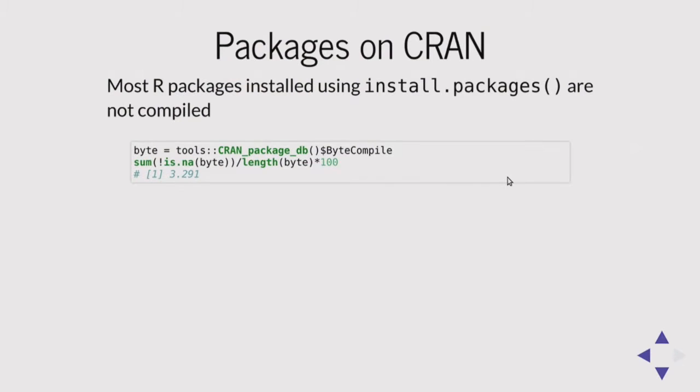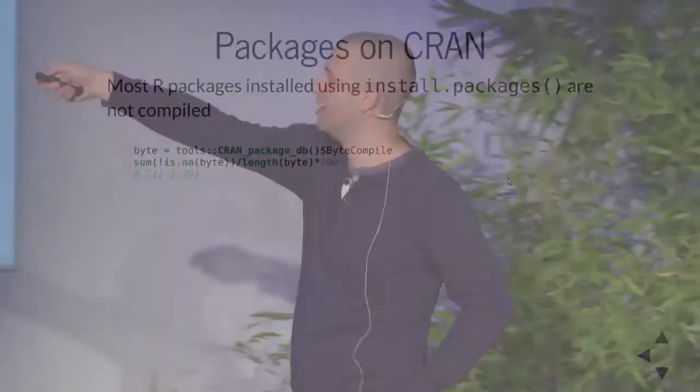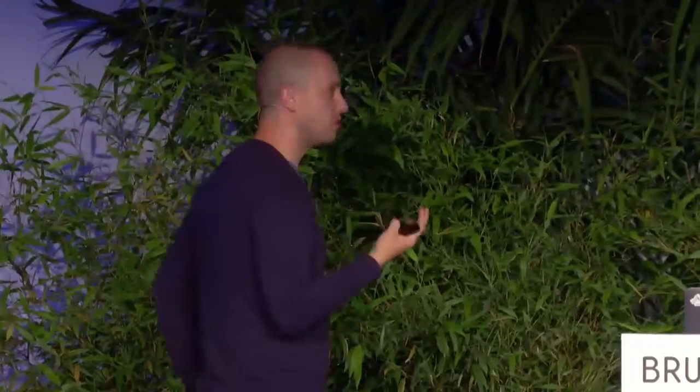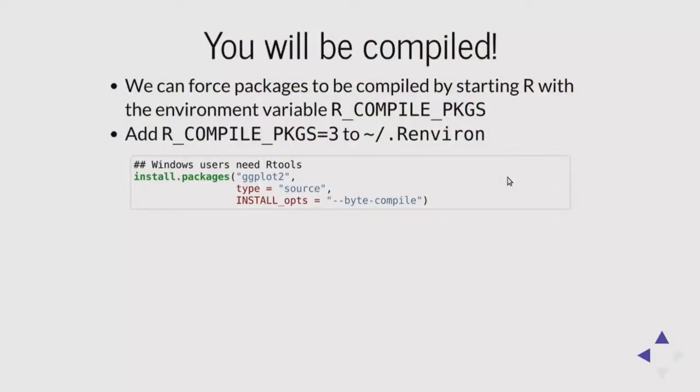If you're a user, this is what I mean. Only around about 3% of our packages are byte compiled. This line of code here is just grabbing the CRAN package database, and then we're grabbing the byte compile flag, and we're working out a percentage. So only 3 to 4% of packages are byte compiled by default. But we can make packages we install byte compilable, if that's the word. So you can add this flag